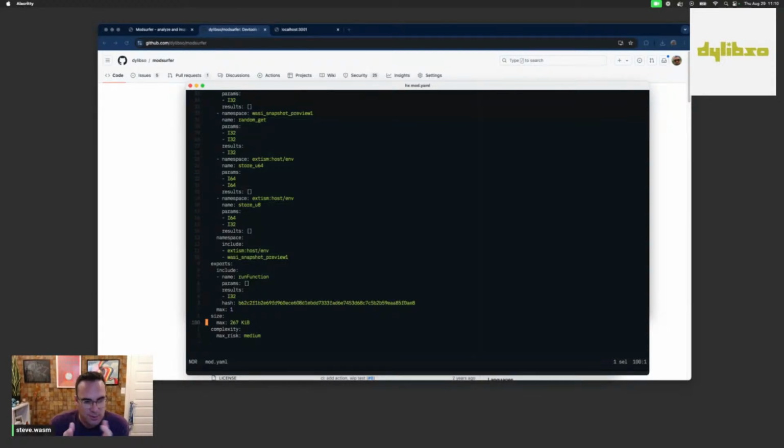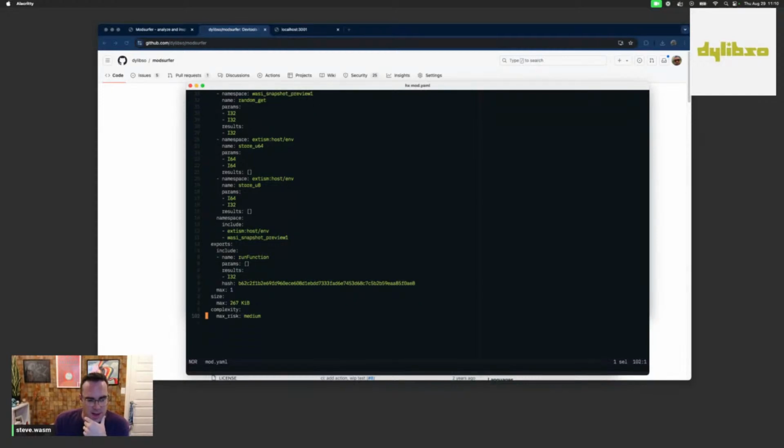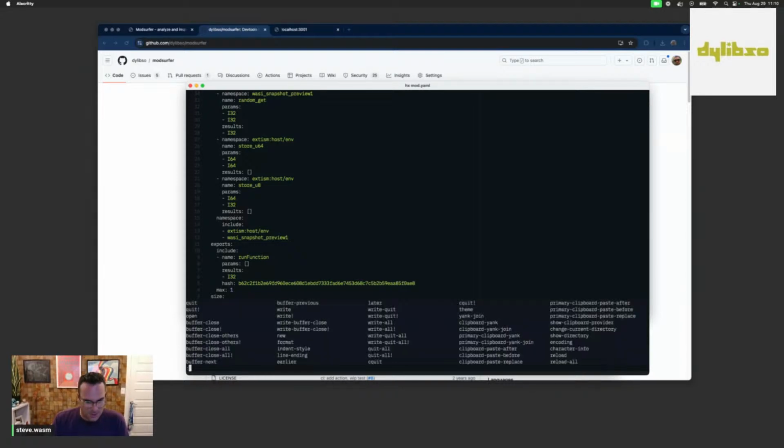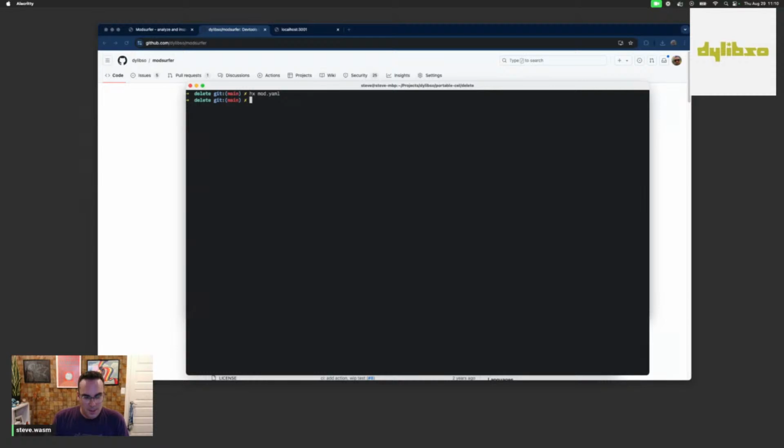And then we also do a full cyclomatic complexity analysis inside of Modsurfer. So we have 3 thresholds, a low, medium, and high. These are statistically average buckets run on a huge swath of Wasm code to determine what is low complexity in terms of its cyclomatic score, what's medium, and what is high. And then these can be set in your own environment variables if you're using the CLI to define your own threshold. So enough yapping. Let's go back and actually generate a